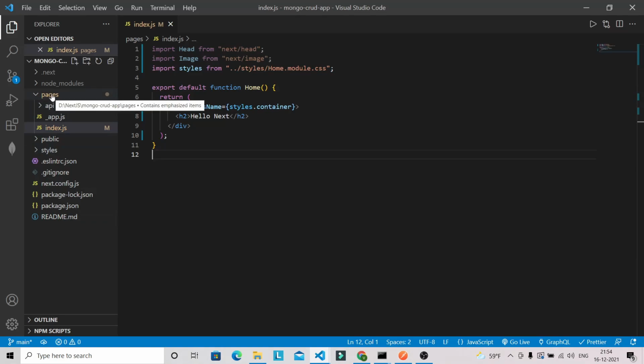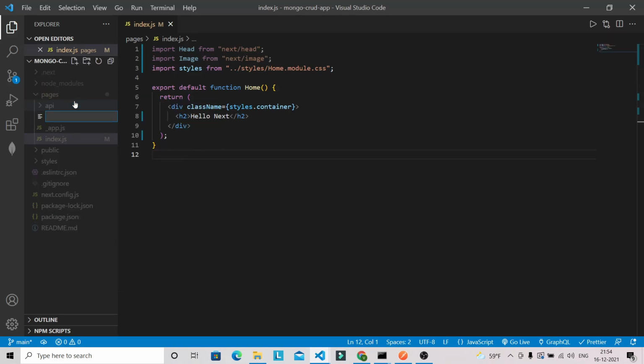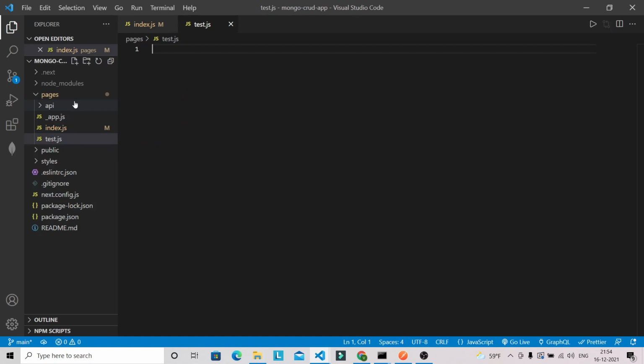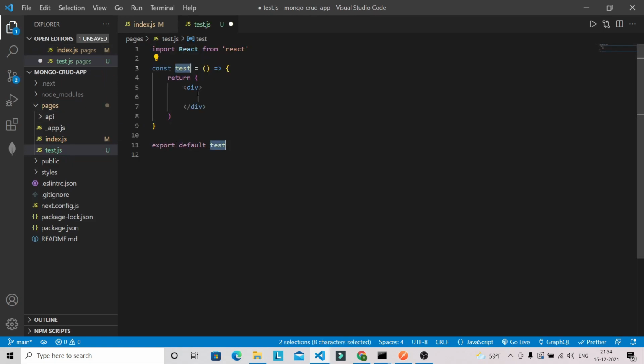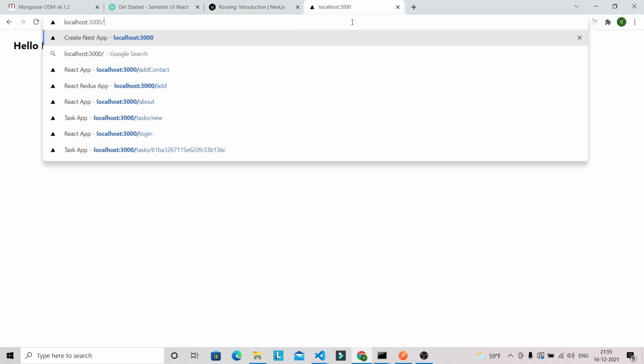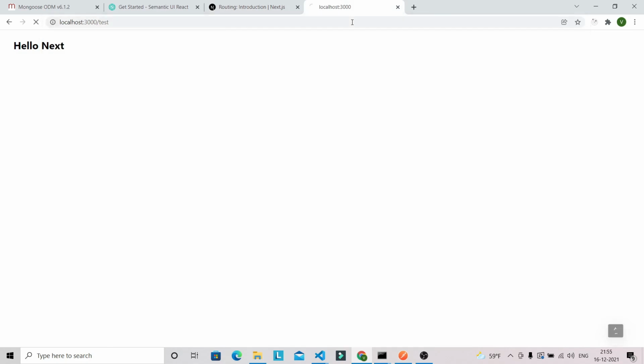So if I just create a page like test.js, and let's generate some snippet here, and give a title like testing page, and let's go into the browser and give test in the URL.